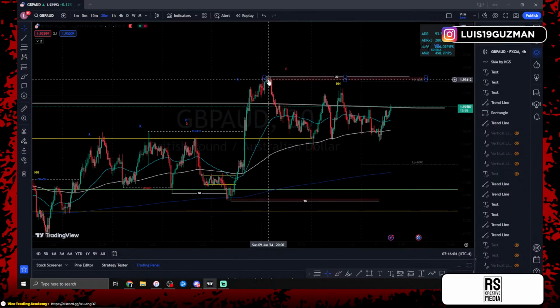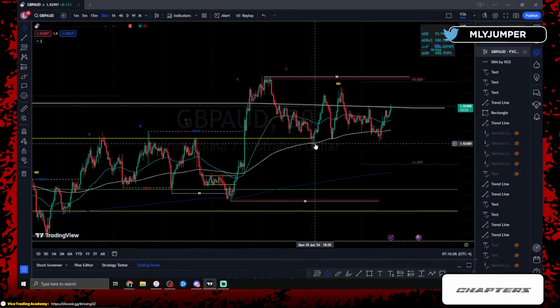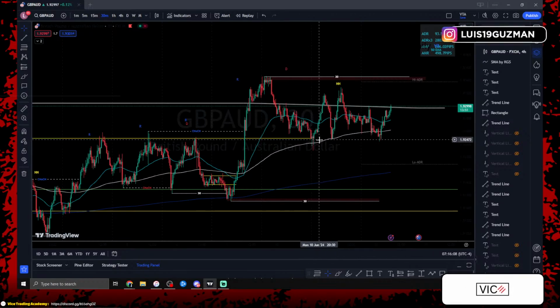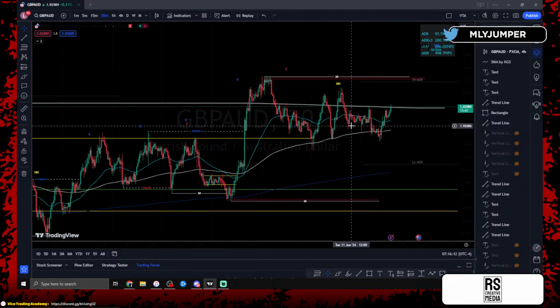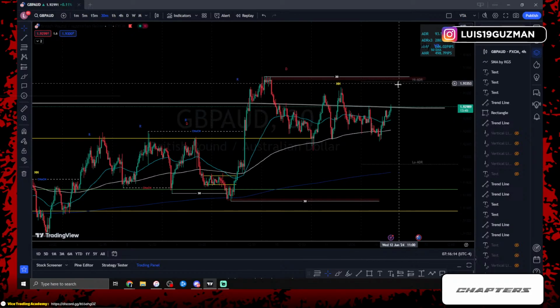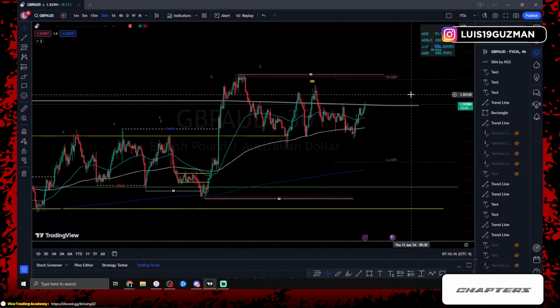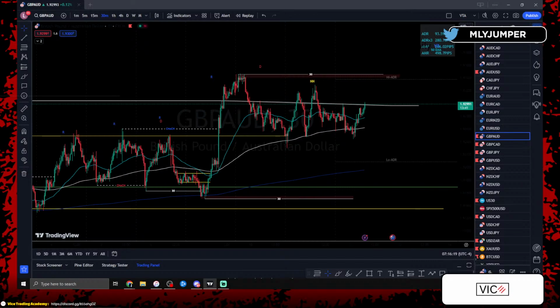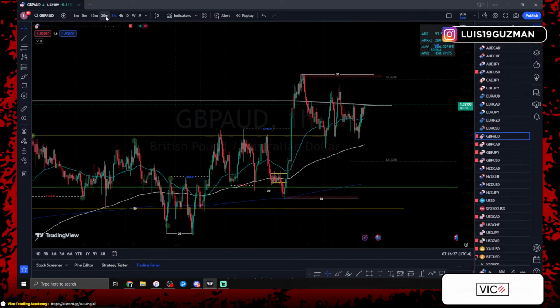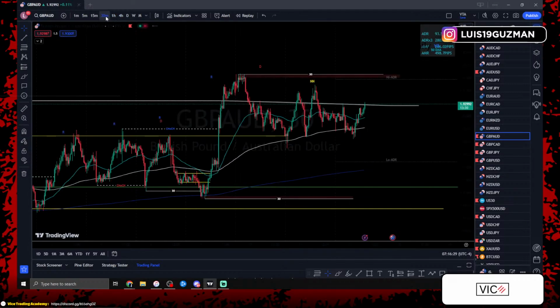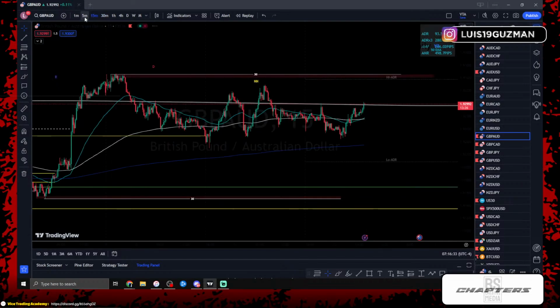I wanted to see either a pullback to get into a higher low to continue the push to the top side, or since we're consolidating, I want to see that break of structure of the zone of consolidation. So this is one of the pairs, right? GBP AUD, where right now I'm not confident in any of these entries that price might have given us earlier in the day. There's no engulfing candles in the 4 hour, there's no engulfing candles in the 1 hour, no engulfing candles in the 30-minute,